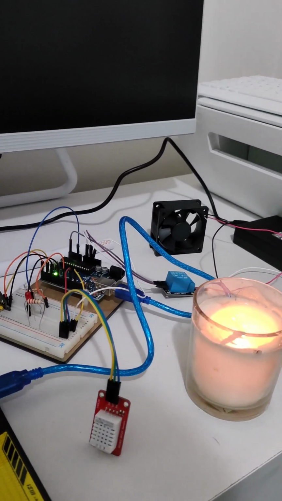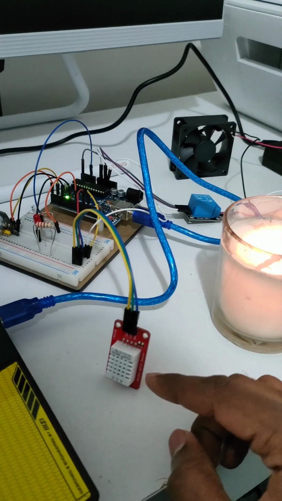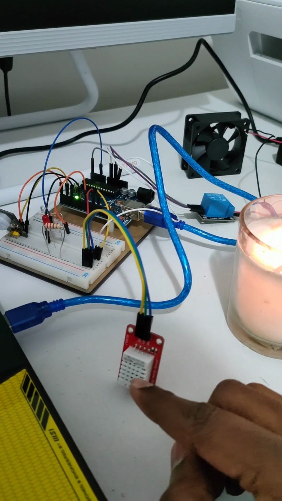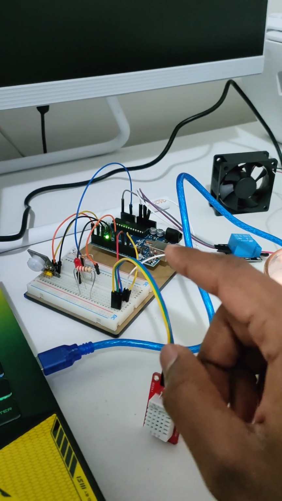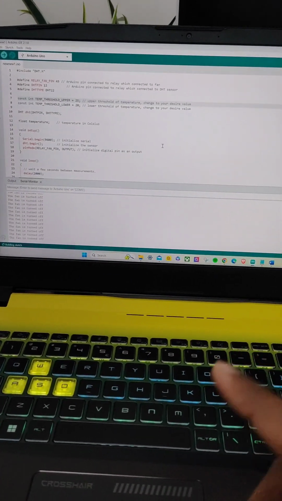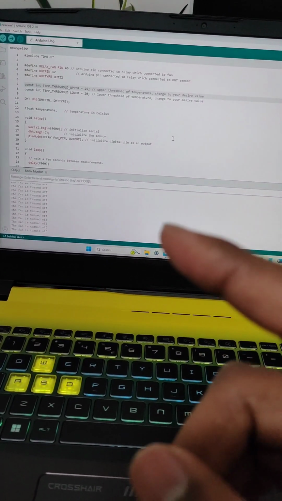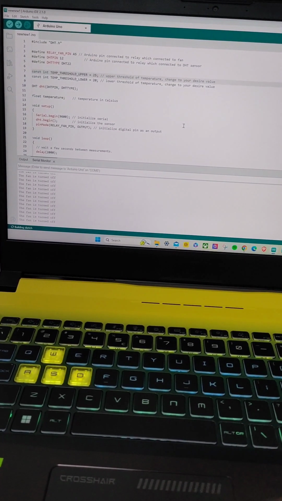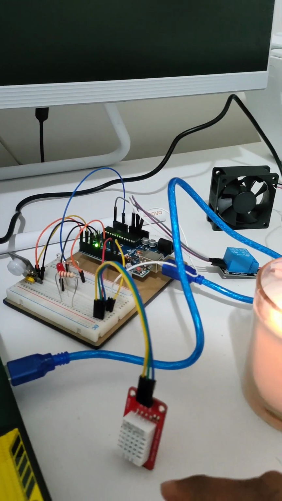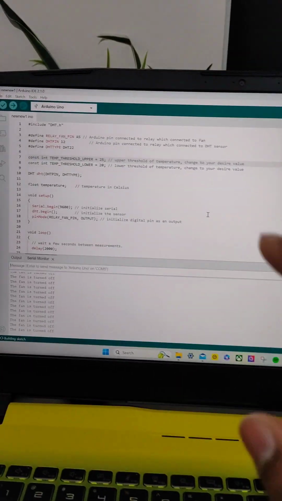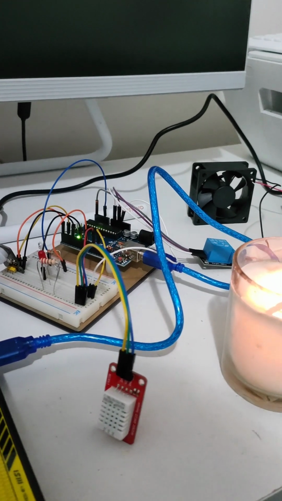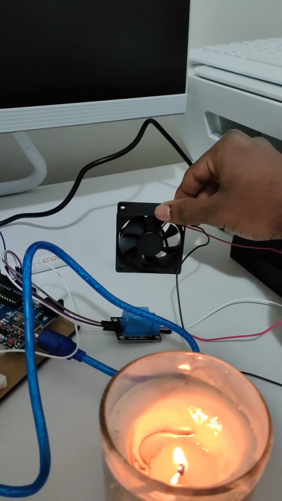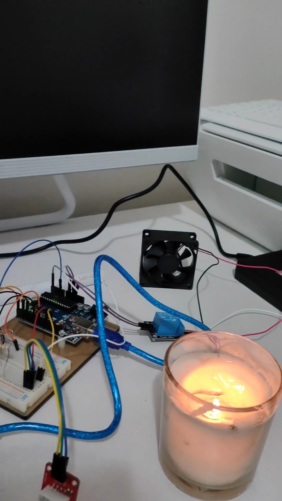So first we are going to control the temperature and humidity using a temperature and humidity sensor, which senses the temperature and humidity of the surroundings and sends the signal to the Arduino Uno. The Arduino Uno is connected to the personal computer, where we are programming it using the Arduino IDE software. When we sense a temperature higher than 25 degrees, which is a high temperature in a home, the fan, which is the actuator, rotates at a particular speed,